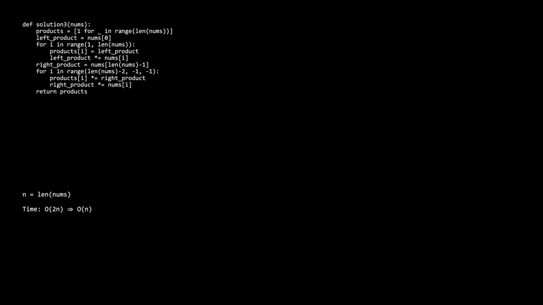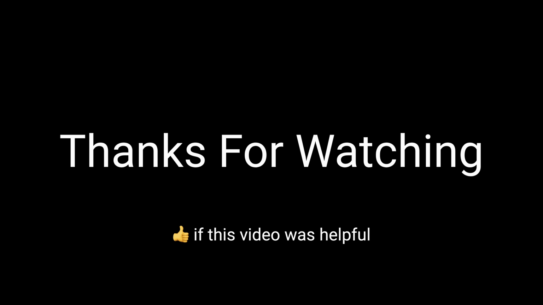For time and space, our time remains at O of n, and we just make 2 linear passes. For space, this algorithm improves from the previous one to O of 1 because it doesn't use any arrays except the answer array. And as I stated earlier, that isn't going to count as extra space. Okay, that's it for this problem. We went over 3 solutions, from brute force to the most efficient linear time and